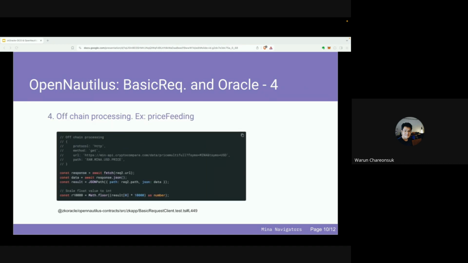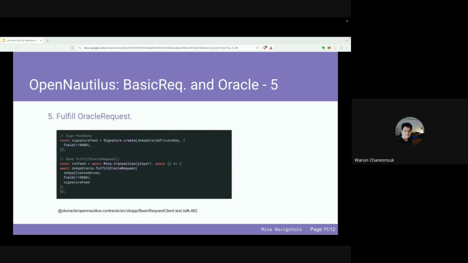This step is the auction process. We use the data from the request and use the fetch API to retrieve the price. This step is fulfilling the Oracle request. This slide divides into the final step to